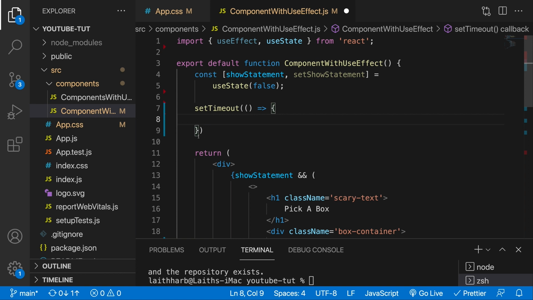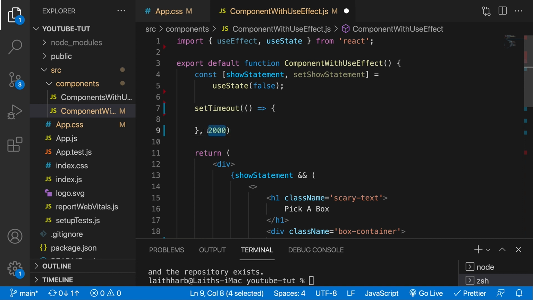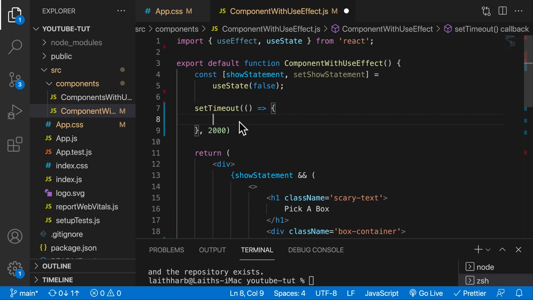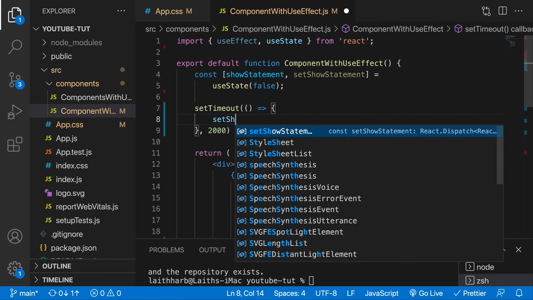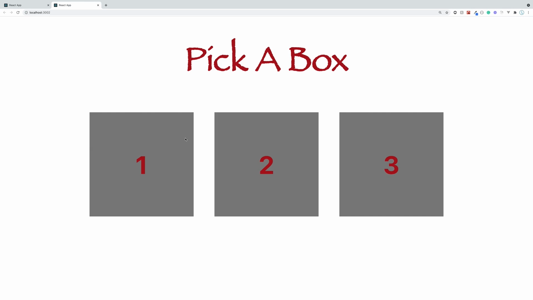So over here, this is the function, and then over here is the code that you want to execute. And then as a second parameter, you can provide the period of time that you want it to wait before it actually runs. So you can see here that this is the setTimeout. And over here, what we can do is say set show statement to true. Okay, so now if we were to execute this, it works, but